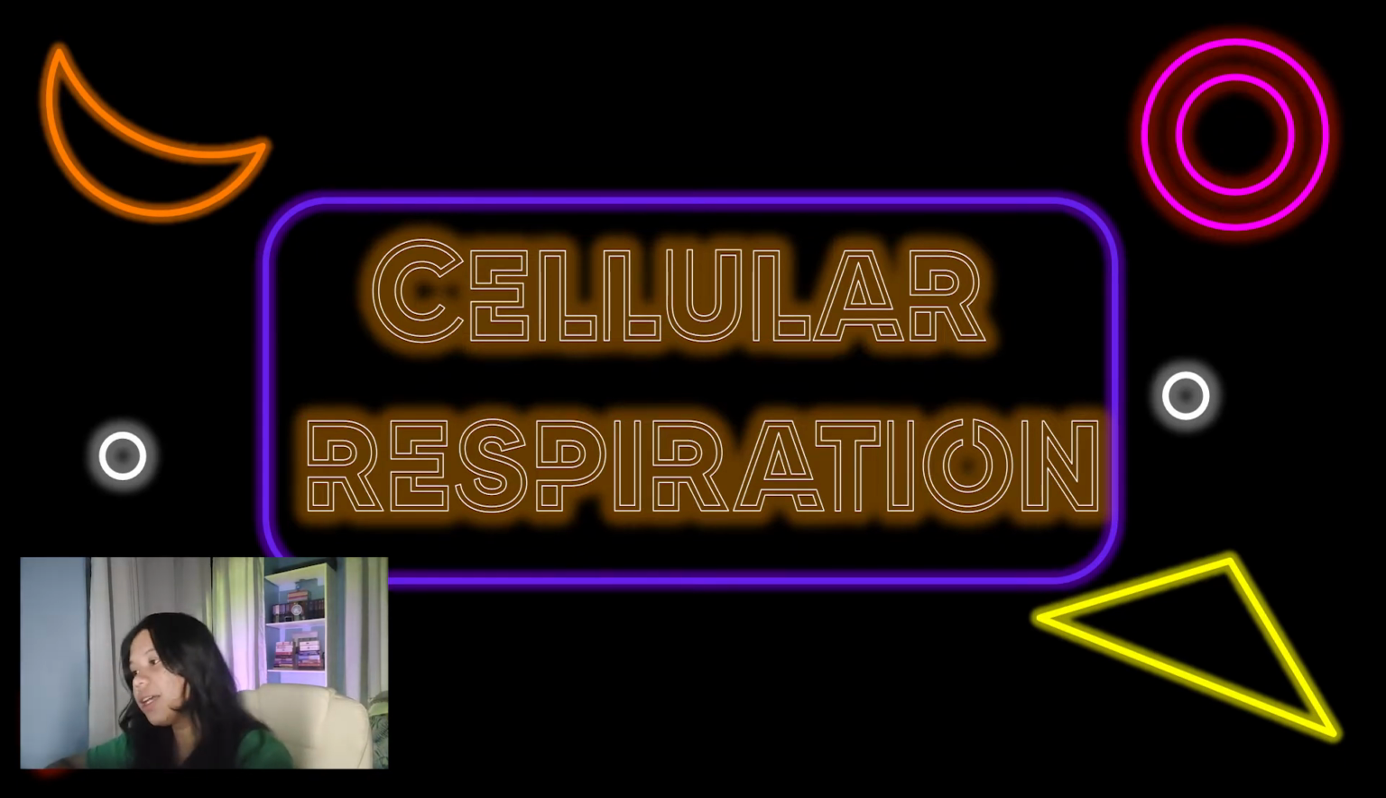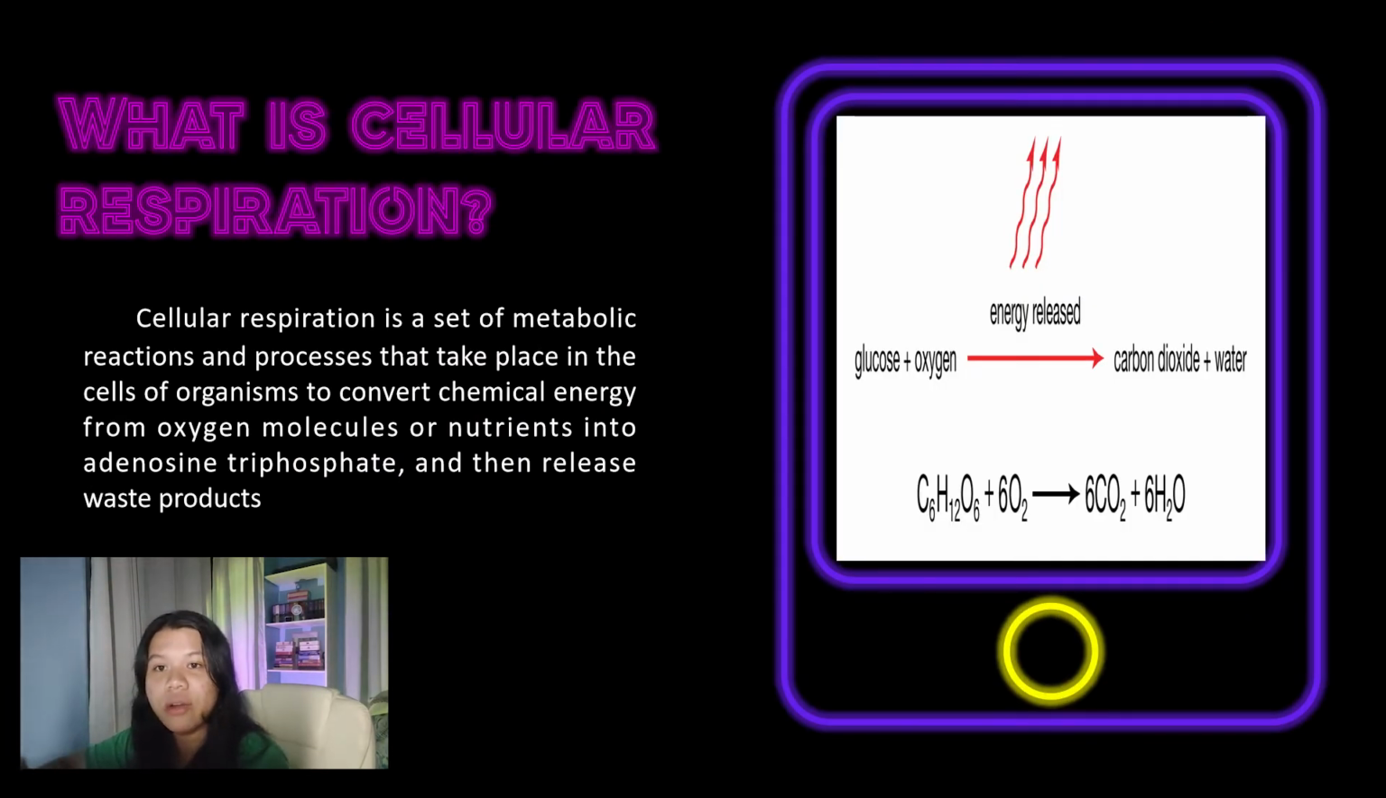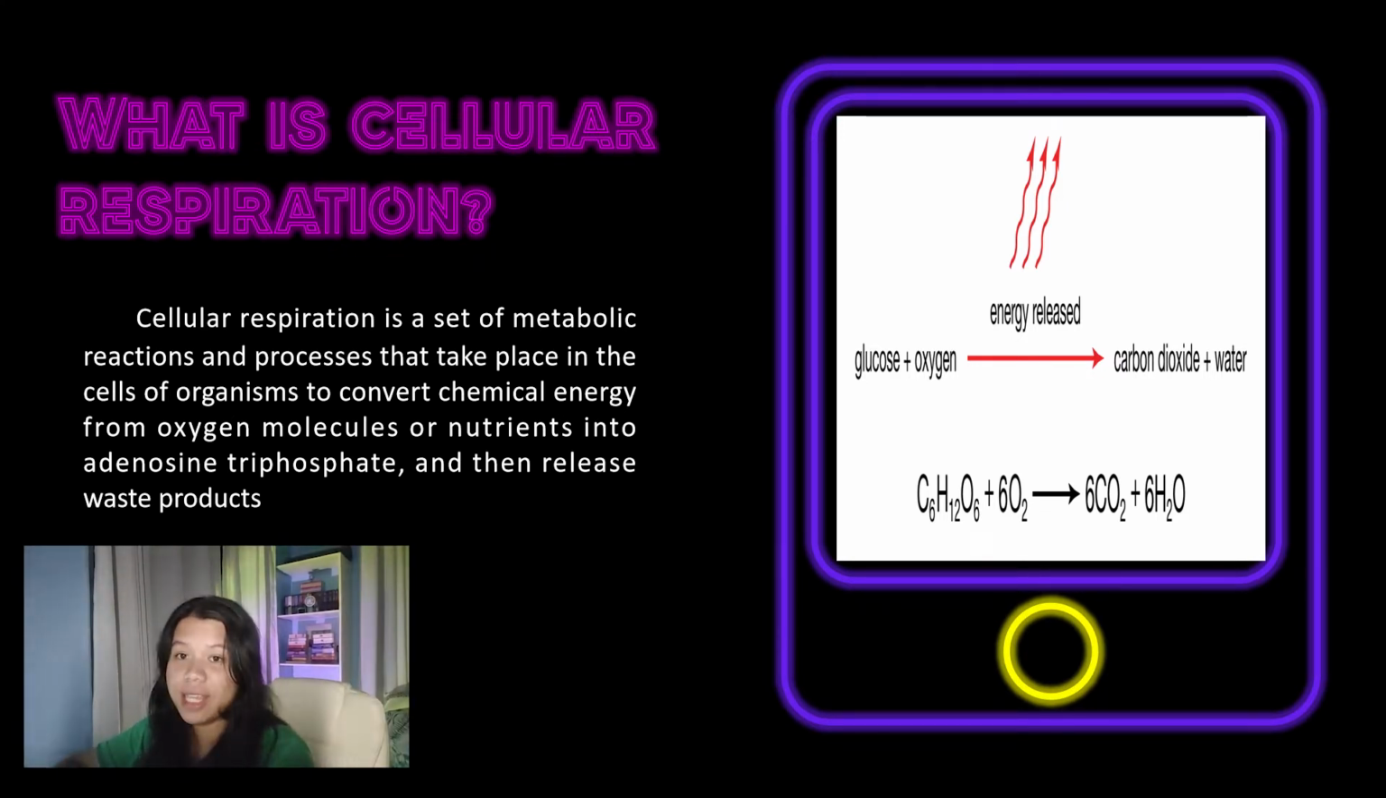Today, we will be talking about cellular respiration. But first, what is cellular respiration? As we can read here in our screen, cellular respiration is a set of metabolic reactions and processes that take place in the cells of organisms to convert chemical energy from oxygen molecules or nutrients into adenosine triphosphate and then release waste products. As we can see here in our screen,